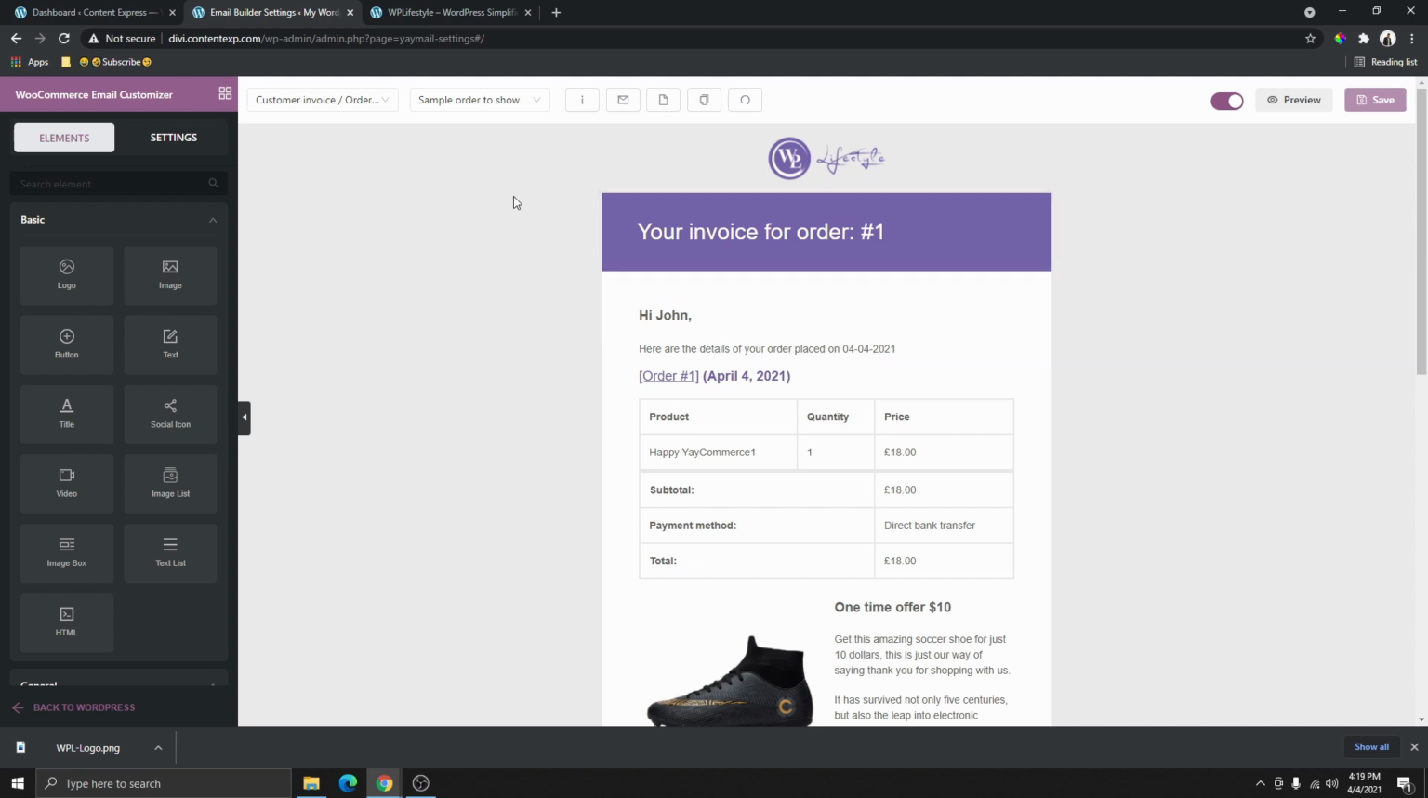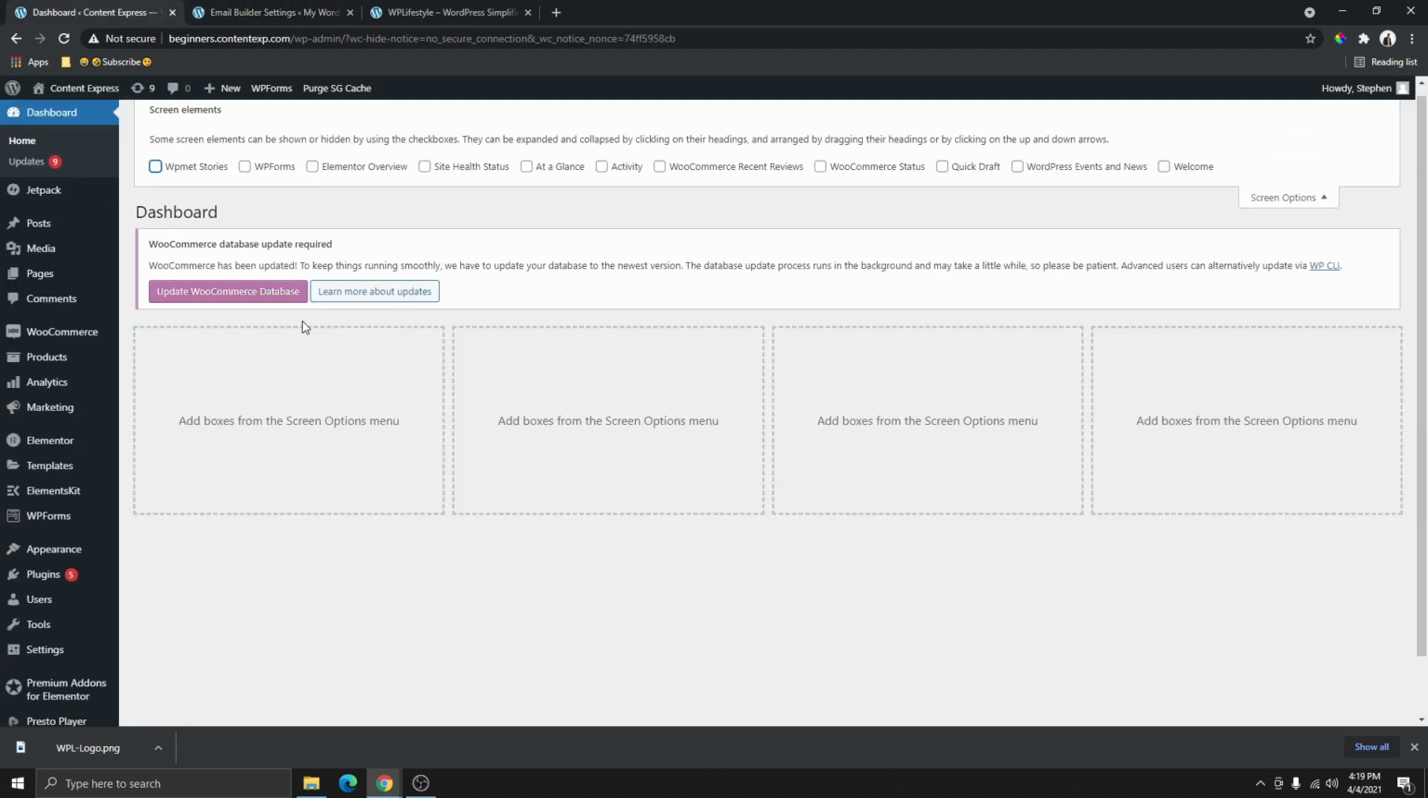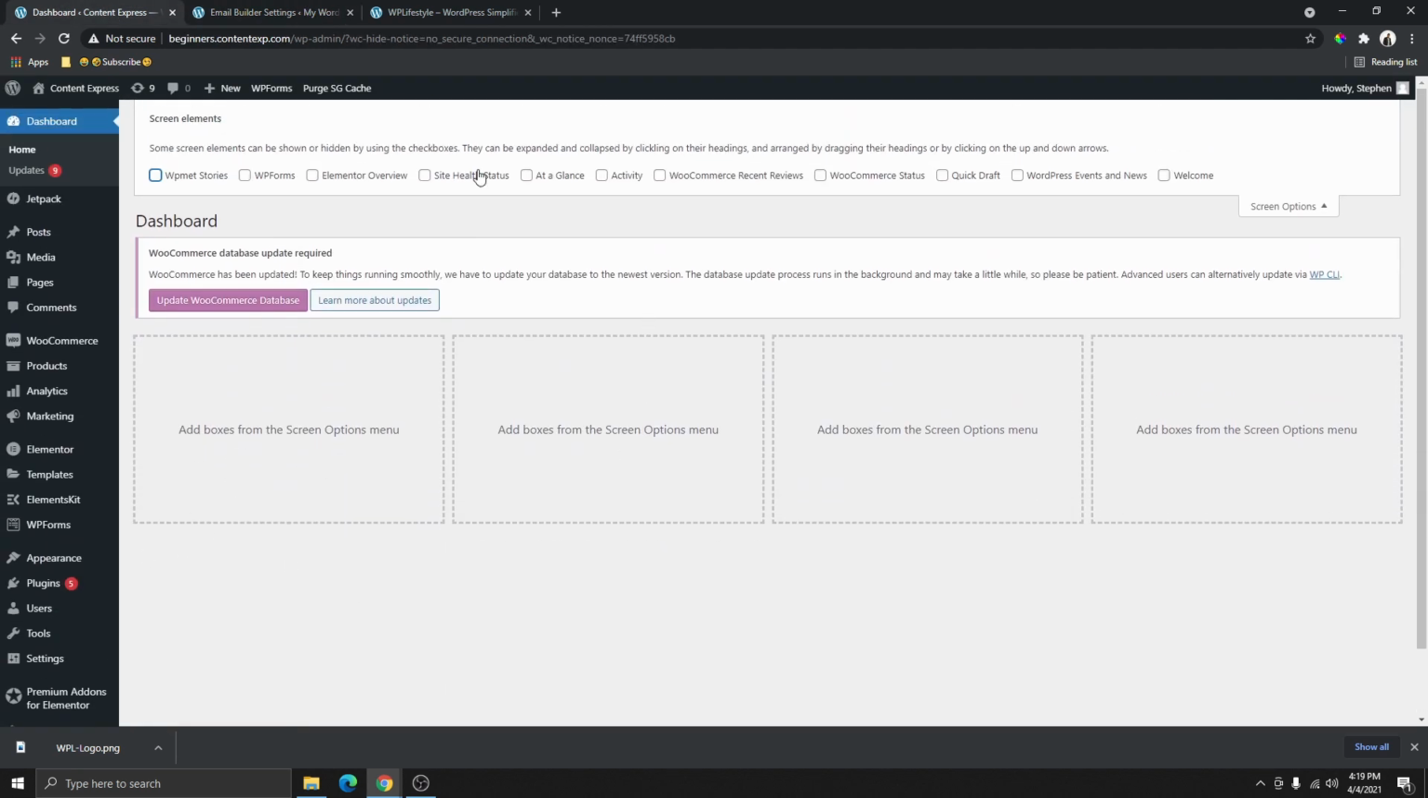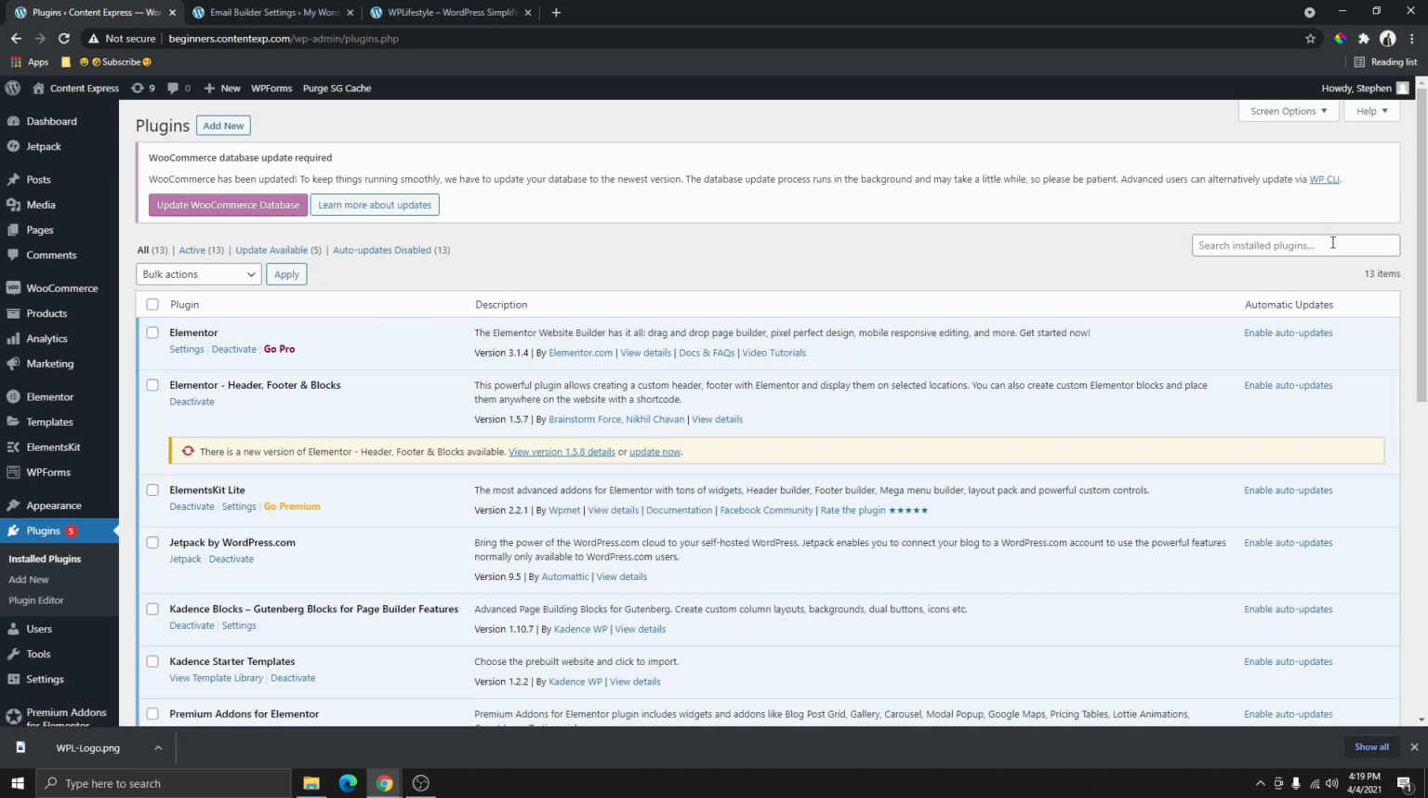So the first thing you need to do is to log into your WordPress website. So let me go ahead and log into another WordPress website. Here you can see that I'm right inside my dashboard. This is another WordPress website. We're going to go to plugins, and then we're going to add a new plugin. So click on add new,